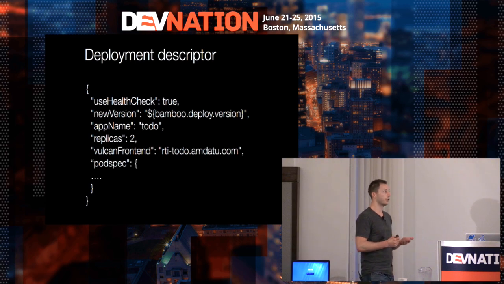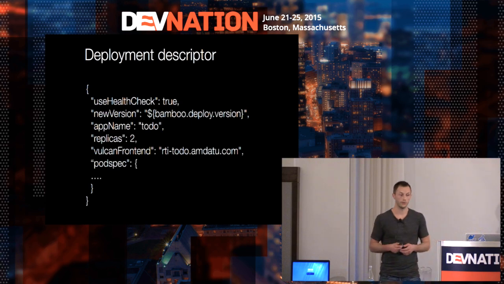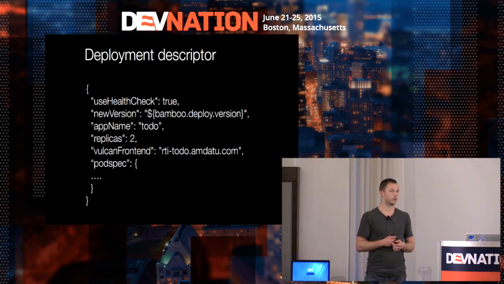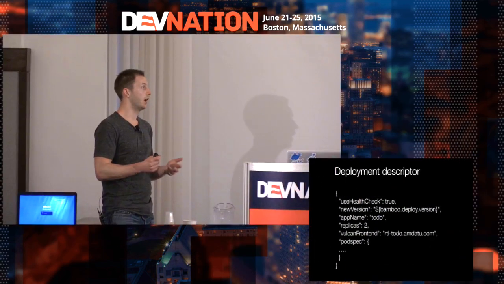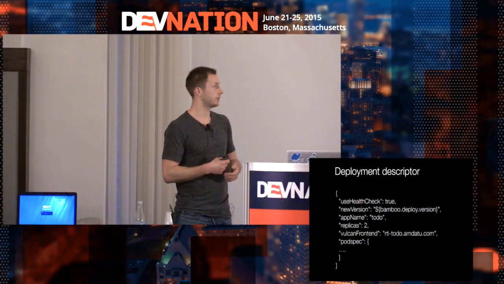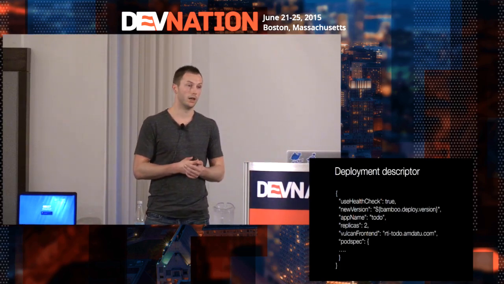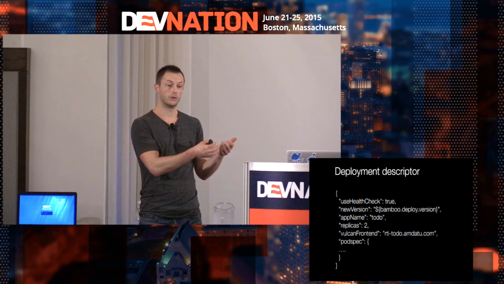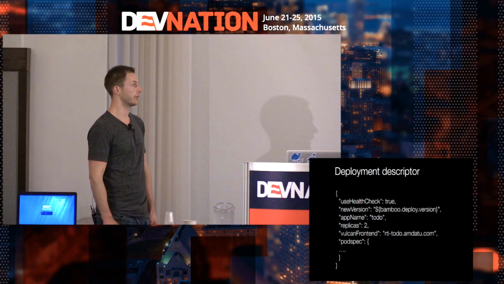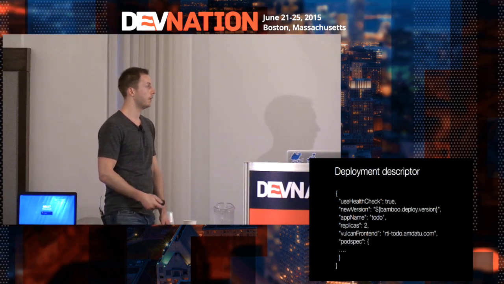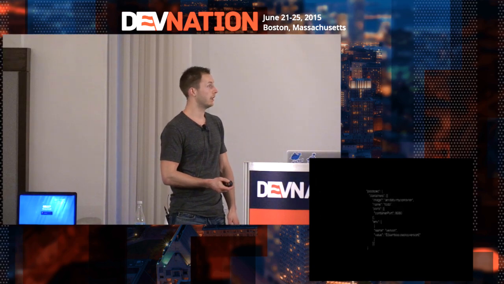We have to specify the version of the application, and we're running on Bamboo as a build server. Bamboo can give you the version of the deployment that you're doing. You can pass it in yourself there as well, of course. An application name, replicas, which makes sense. And because we're working with the load balancer directly, we also have to specify which frontend in the load balancer to change. Because otherwise, you could only have one application running in the cluster, and that doesn't make any sense.